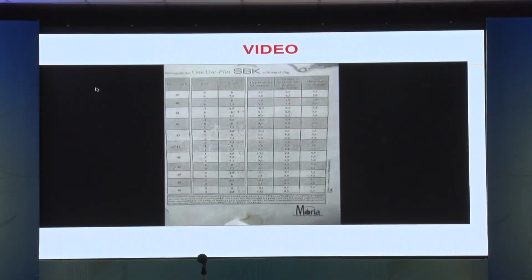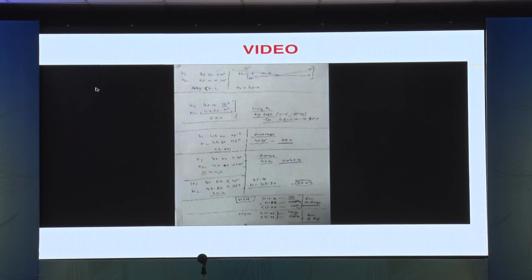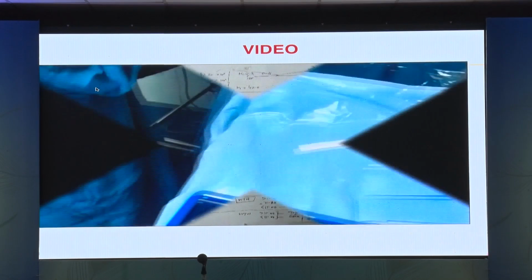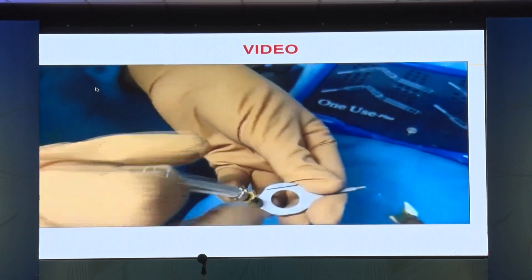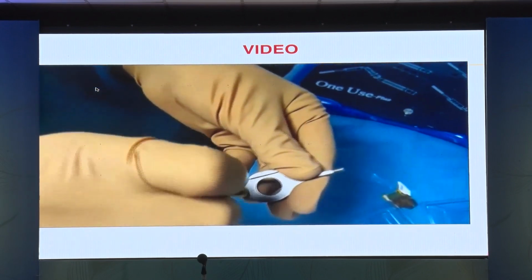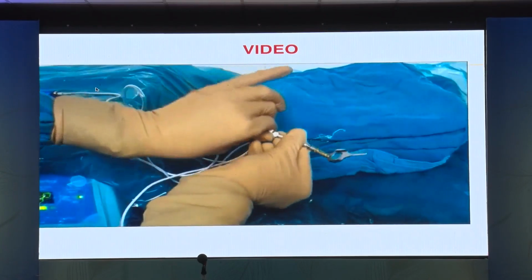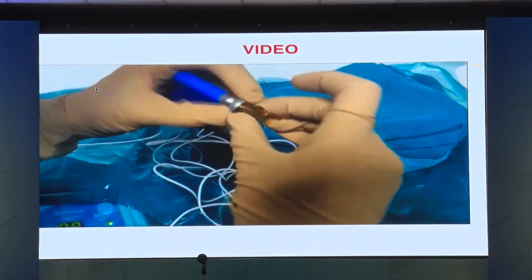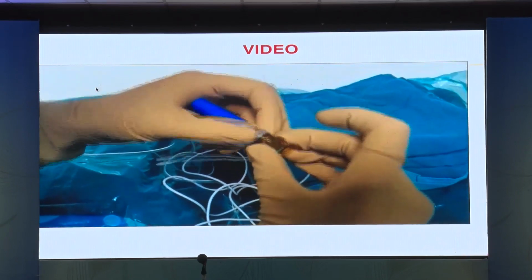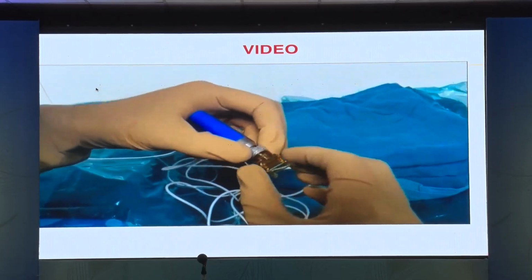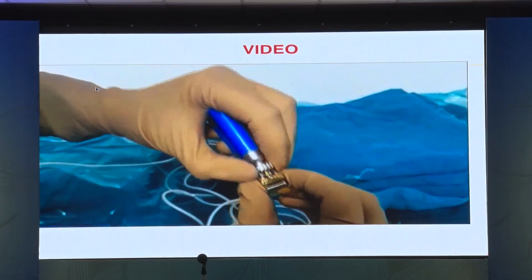Once the machine has been checked and is working properly, we go for the ring sizes. Ring sizes can be based on the keratometry values and also on the astigmatism. Once the ring size has been finalized, we need to fix the blade onto this as well as the vacuum tubing. This is a microkeratome blade, which is used. Different thickness blades are available, like 90 microns and 130 microns. Mostly we are using the 90 micron blade.